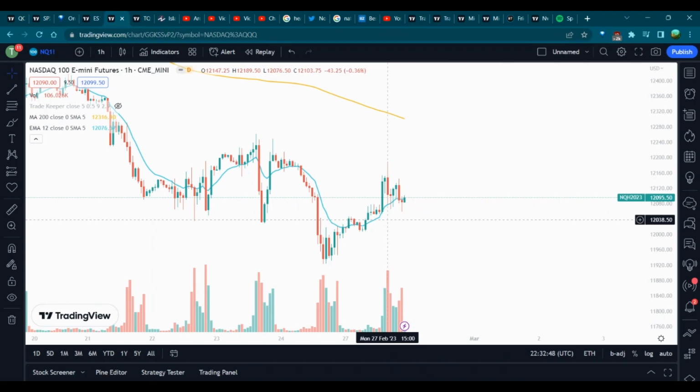Everyone. Doing a market breakdown today on NASDAQ. It's just the tradable ticker will be QQQ. And so today, right now, this is the hourly chart, and we are potentially looking for an inverse head and